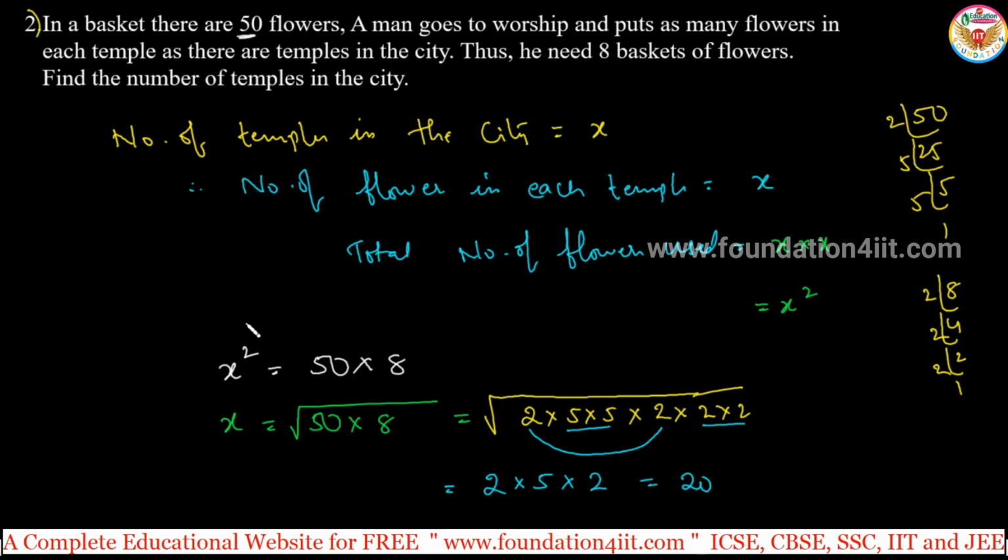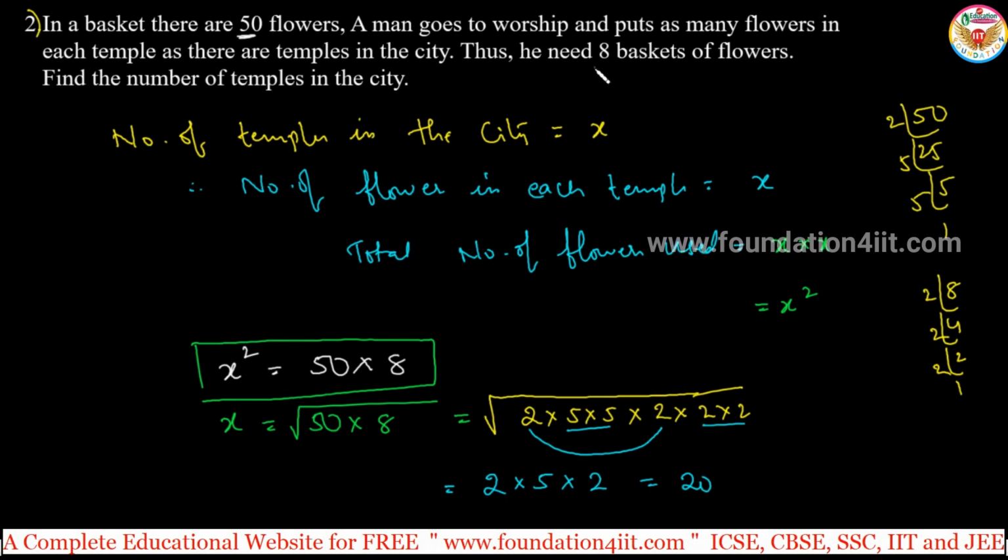Okay, this is the given data according to the question. 50 flowers in each basket. There are 8 baskets, in the 8 baskets of flowers total. You can multiply 50 and 8 and also you can do prime factorization. Same answer you'll get. Otherwise separately you can also do and get the same. These are the main things. We need to find out the square root. Let us see one more.